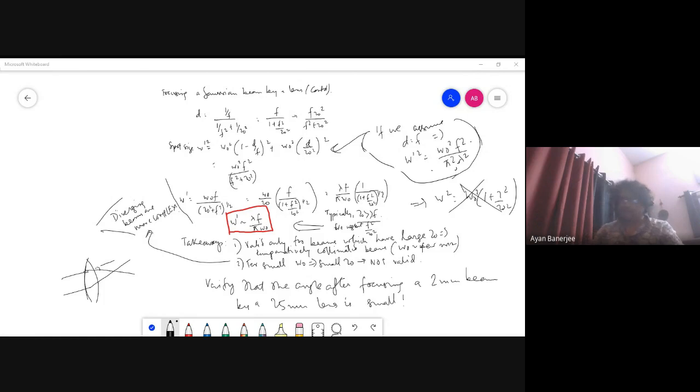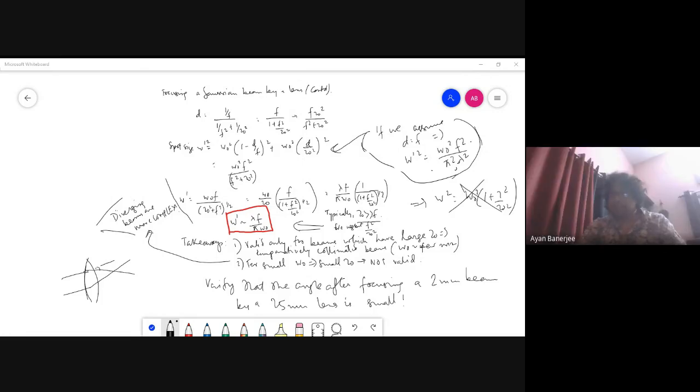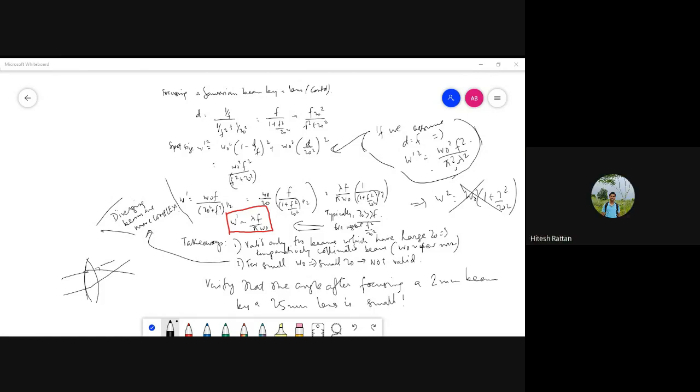So this is one type of approximation. Here, we are saying that near the beam waist, this divergence is very small, so R goes to infinity. That's why it's a plane wavefront. In that sense, the spatial extent of that wavefront where it is plane is extremely small. So the mathematical approximation is different in both cases, but physically they both are plane.